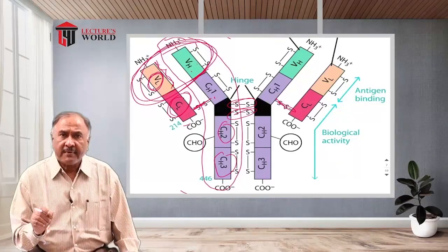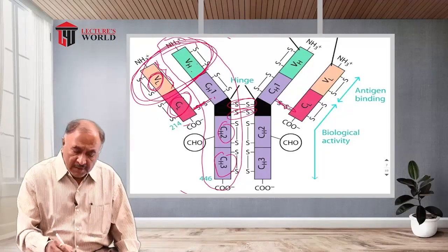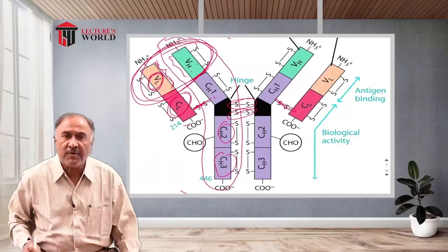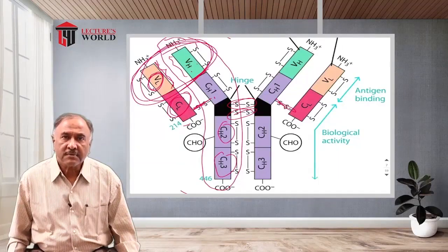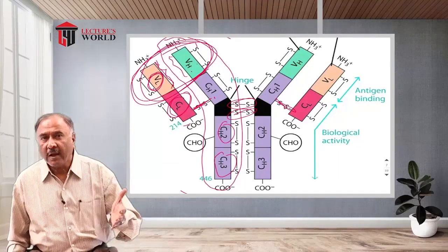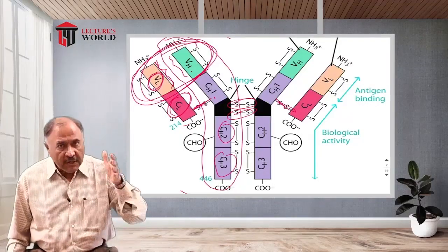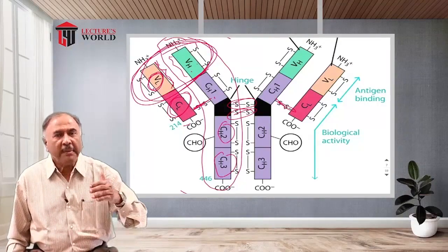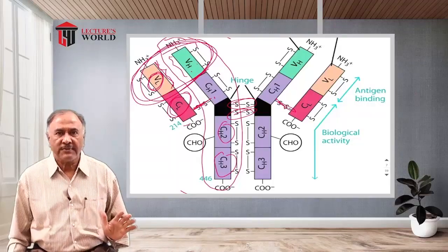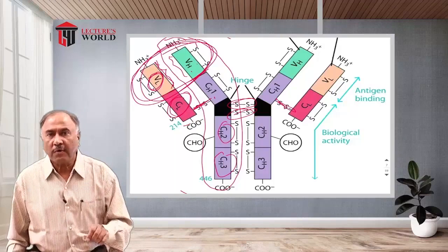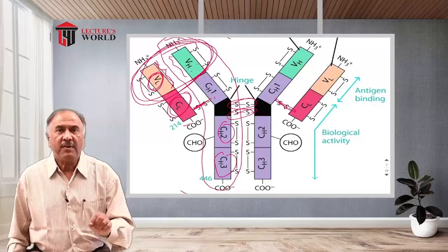And again, I am reminding you that variable means the sequence of amino acids in this region may alter. They are not the same. While in case of constant region, the sequence of amino acids in this peptide more or less remains the same. There are very little changes, and this is responsible for what we will call later the diversity of antibodies,